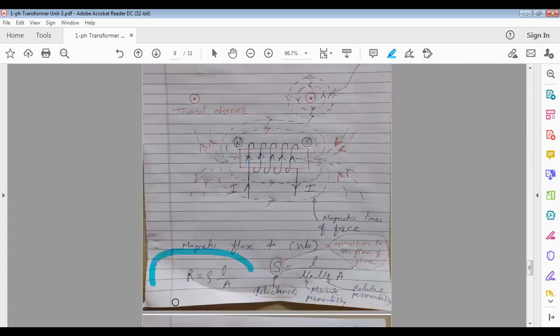For an electric circuit, R equals rho L by A. For metals, conductivity is more and resistance is less, and that's why we use metals like copper and aluminum for the flow of current. In motors, generators, and transformers, copper is used because there is a size criteria. Wherever size matters, copper is used. If you use copper, cost increases, but efficiency will be more compared to aluminum because copper resistance is less compared to aluminum.